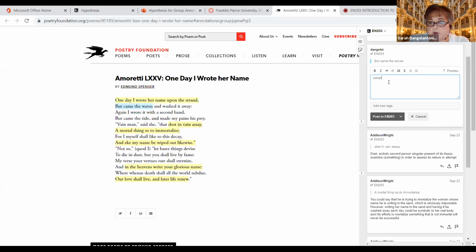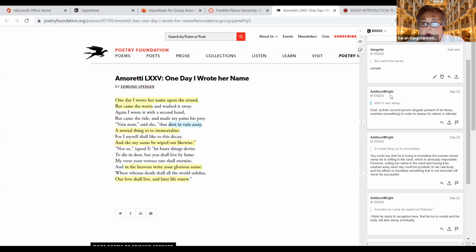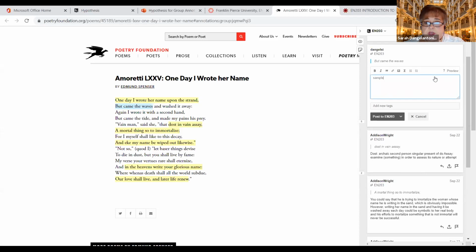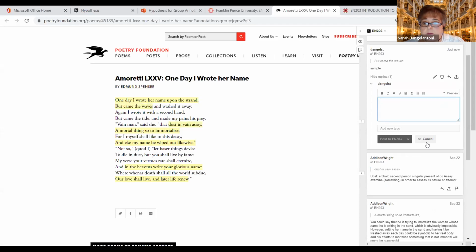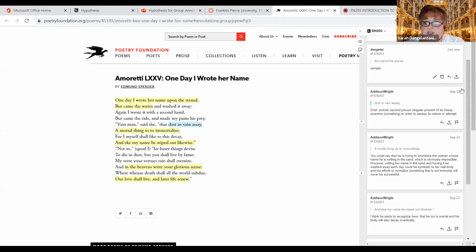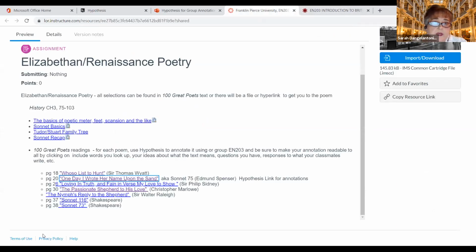And I'll just type in the word here. And it will add it then to the conversation. You can edit it if you want to do that. Other people can respond to it, which is nice to get students conversing with one another. And you can share it out in a variety of ways if you want to do that. So that gives you a sense of how it works on the page. Pop back out. And what I did with this assignment is I attached every one of the poems that we could find online to it so that we could do our annotation that way.